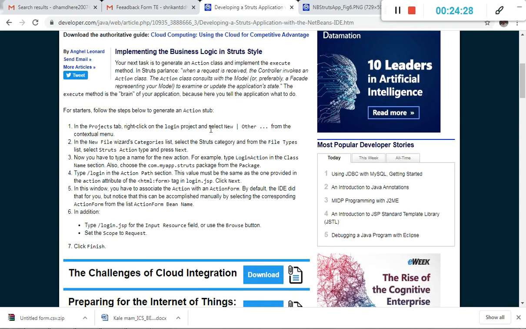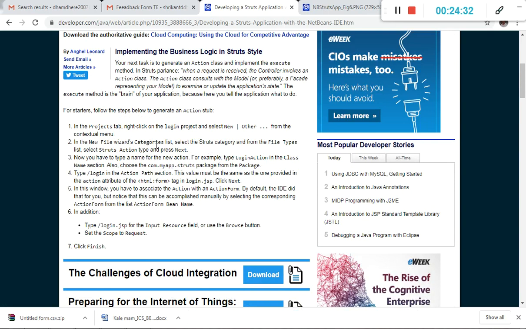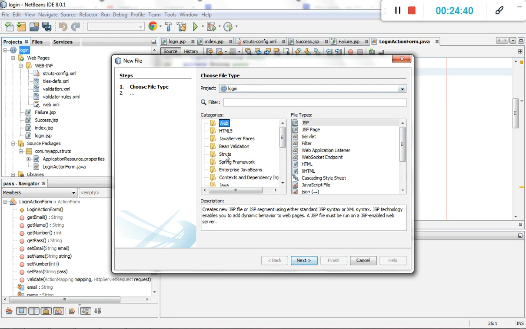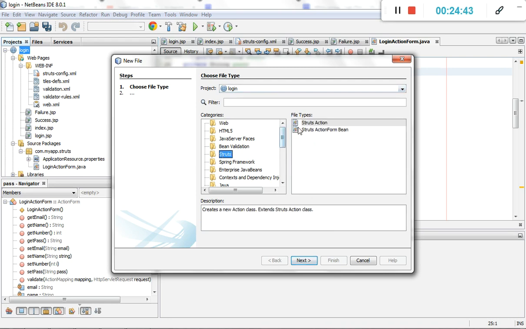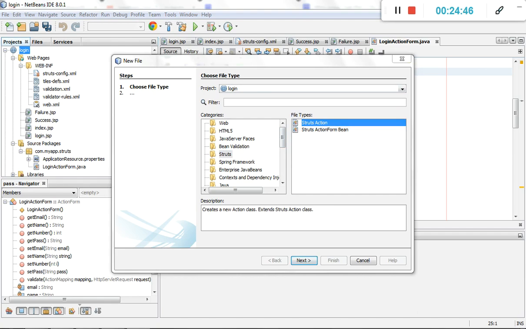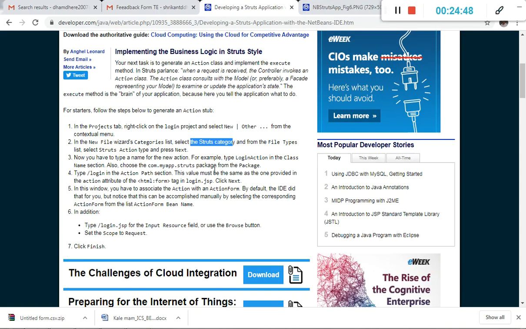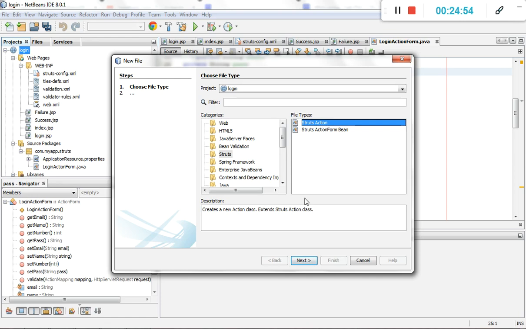Okay, we click the login, then in the new file wizard select the Struts category. Okay, we will go through it step by step. Select the Struts category, then select the Struts action file type, then select the Struts action type and press Next.